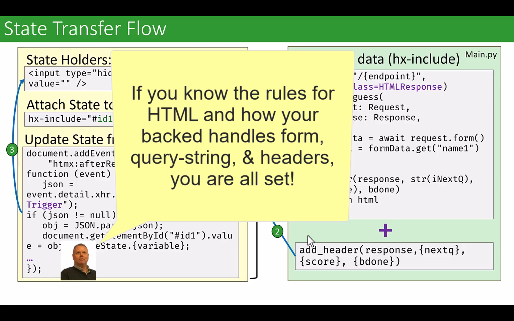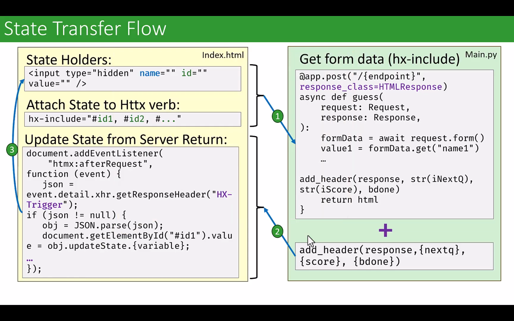So here's my sort of virtuous cycle of state. And you can see it's not super complicated, right? Once I figured it out, and the documentation is a little less than obvious, but once I debugged my way through it, and I used the F12 debugger in my browser, I could see what I was sending on the request over and seeing what I got on the response back, and then adjusted my code to fit. So having this model in mind,